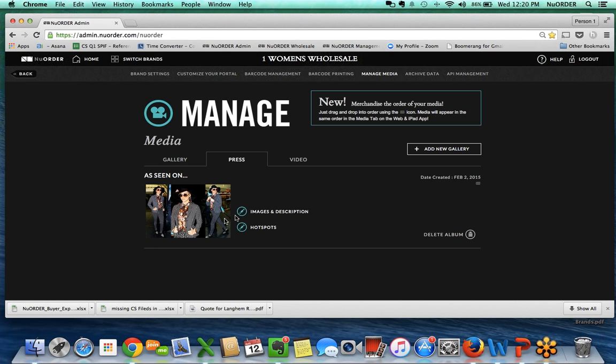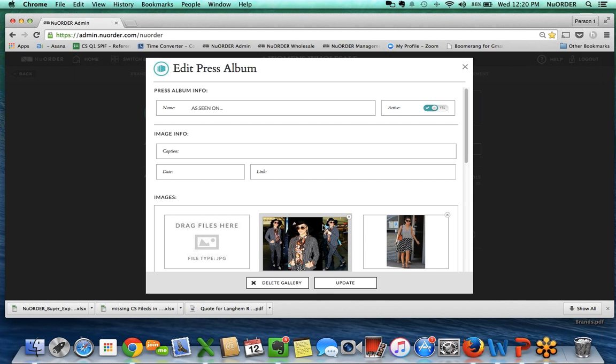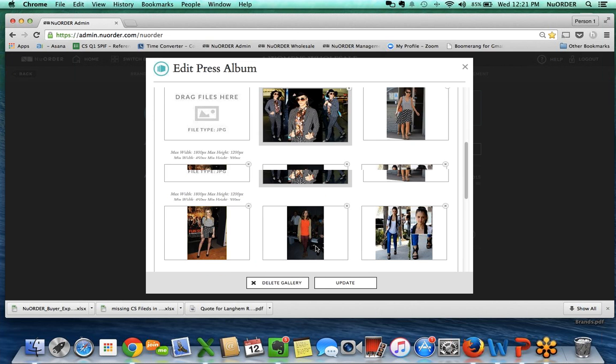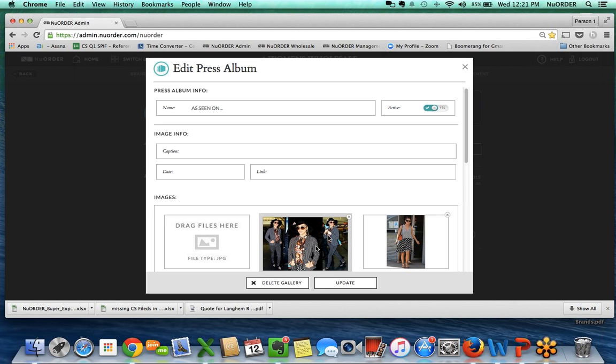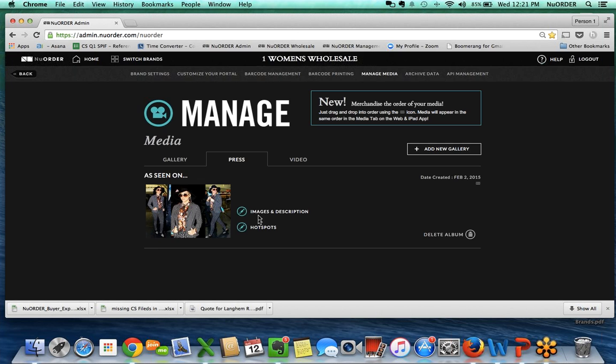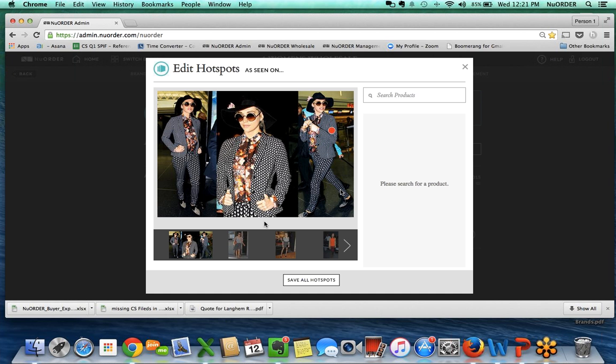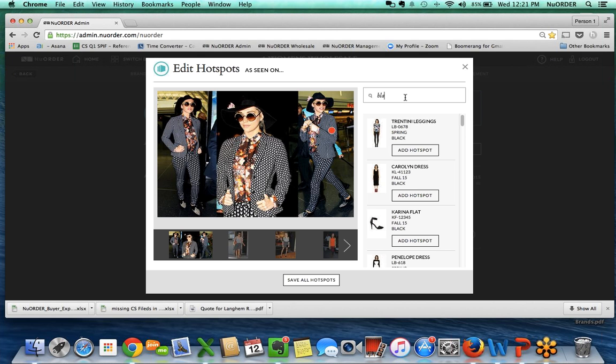The cool thing about press is that you can also hotspot your press. So as you load your images, you can go ahead and load in all images first. You'll see that we've done that. You can then add in hotspots. What is adding in a hotspot? So if we wanted to go and say,